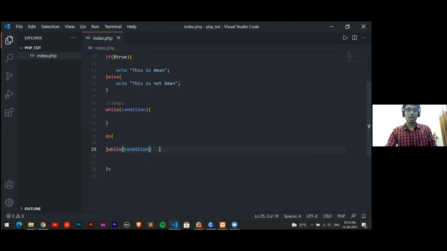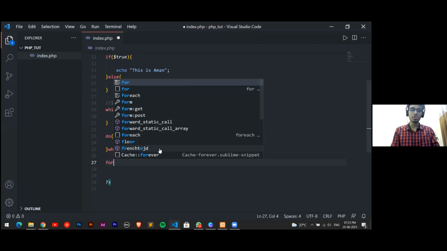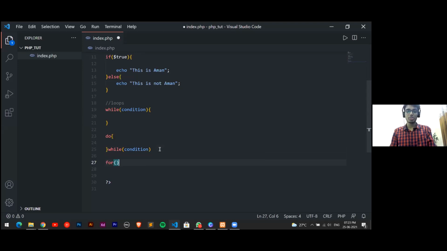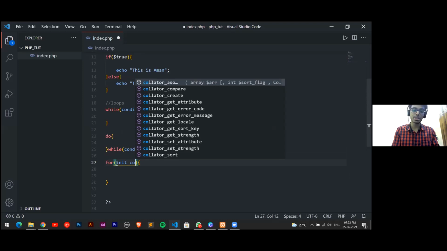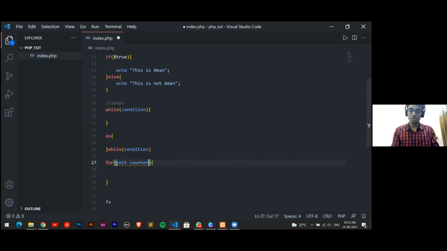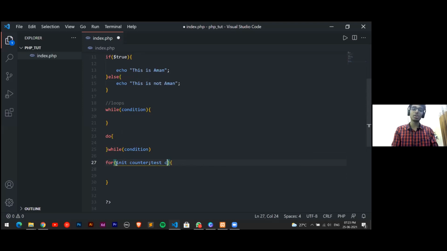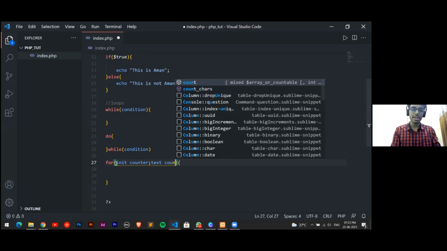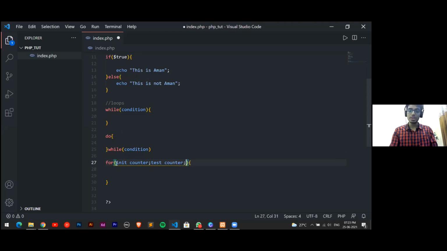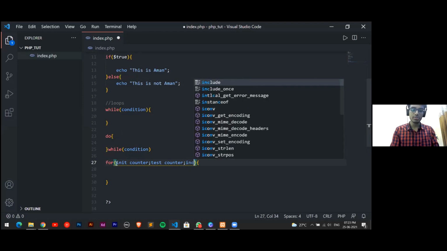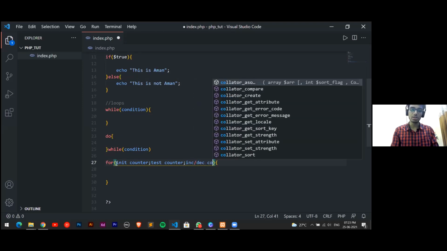Okay. And for the for loop, there are some conventions which we write, again similar to the conventions we have in C++. That is, we will initialize the counter over here. We'll provide a semicolon. Then we will test the counter, or whatever condition we want to test according to the counter. We will test them, and here we will increment or decrement our counter.